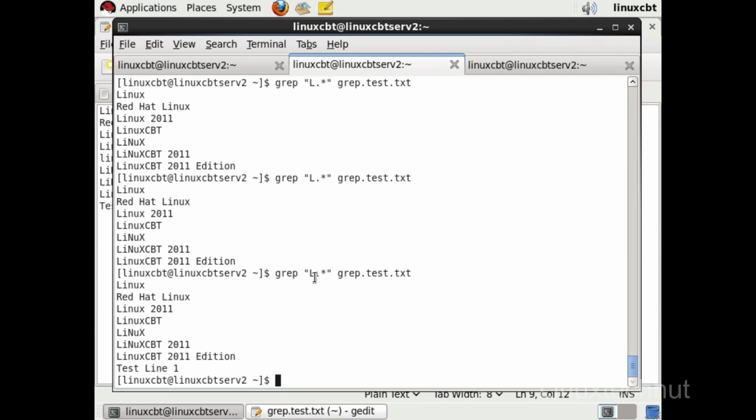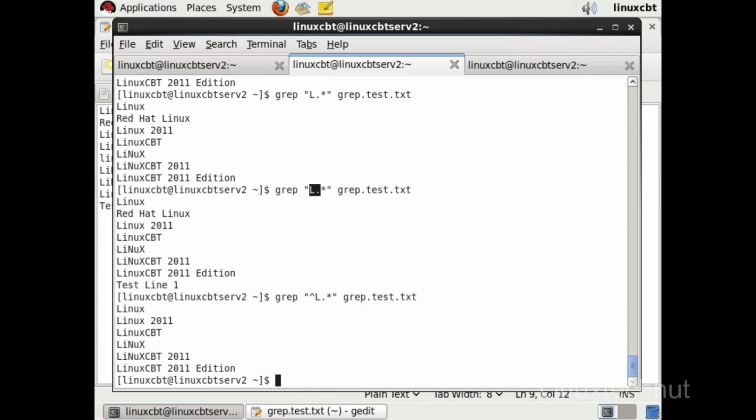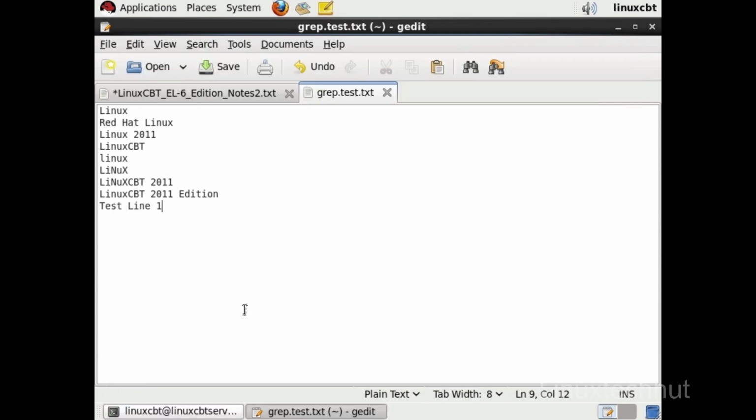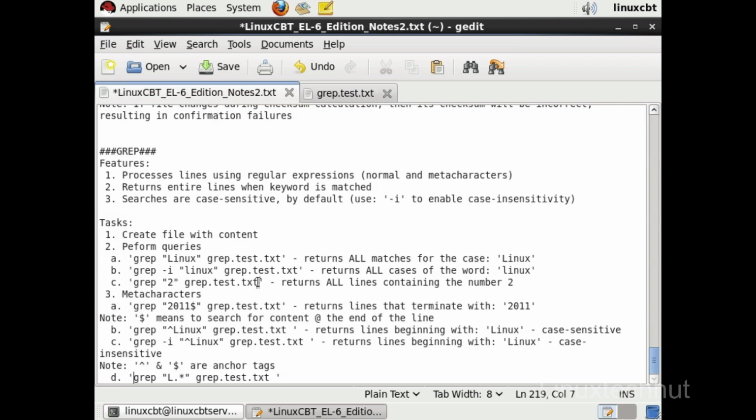So long as the match is performed somewhere in the line, it's returned, which means if you want L to begin the line, you can anchor it with the caret metacharacter, and that ensures that L must begin the line. You could also ensure that whatever follows the L ends the line. So let's just note what this particular query does, and this searches for L followed by any characters,